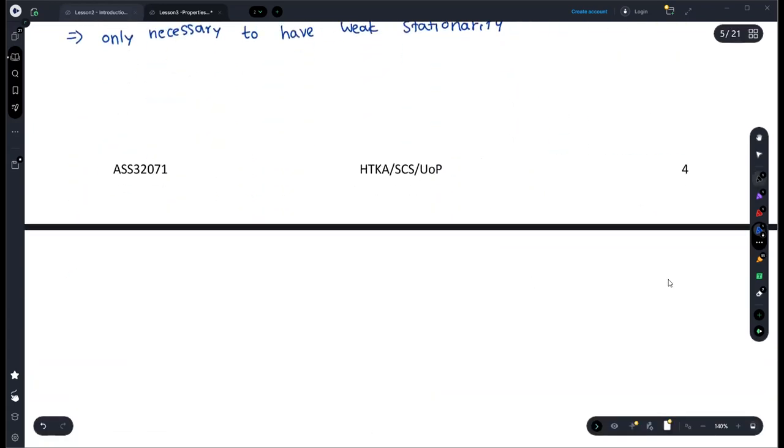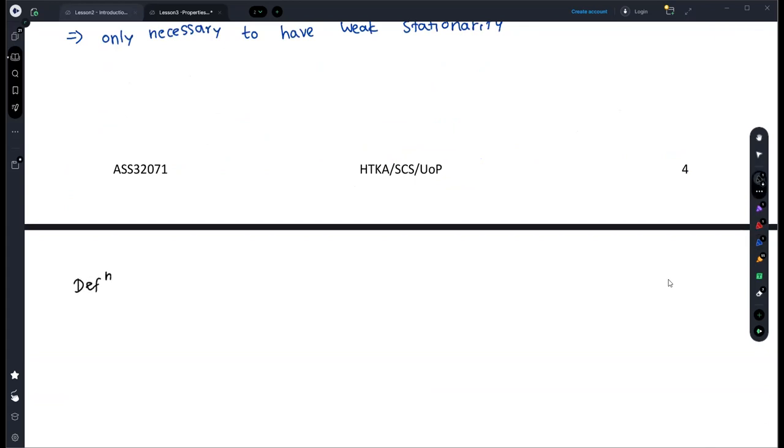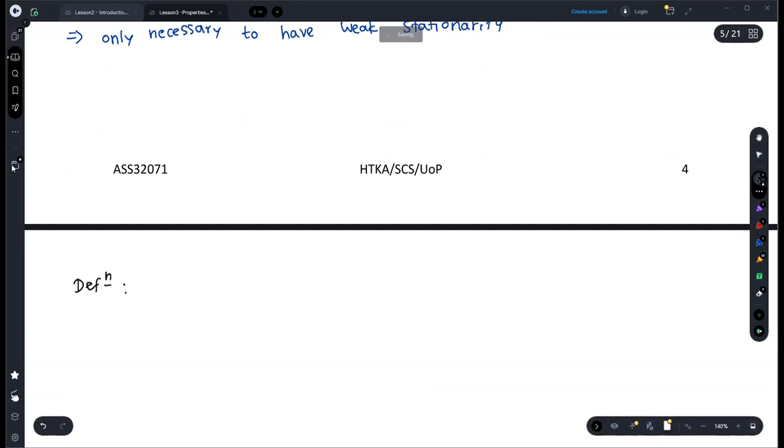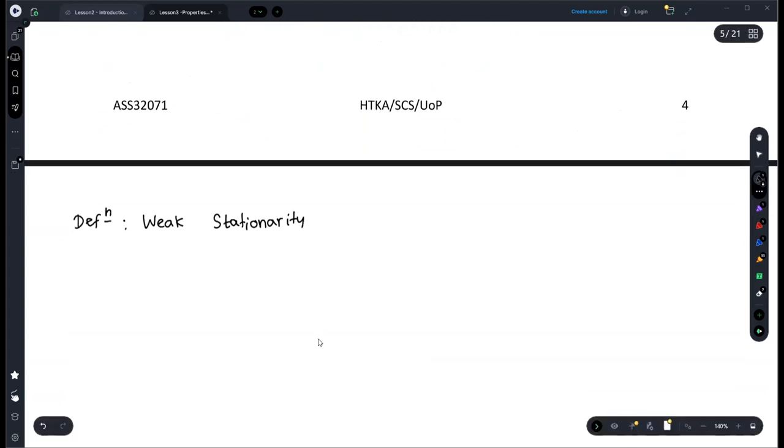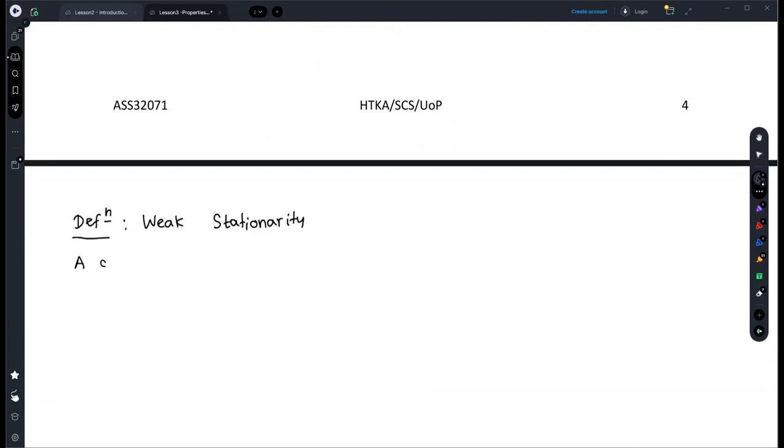So that means you have to look at the definition of weak stationarity. So we look at only 3 conditions, right? A stochastic process is weakly stationary if the first thing that you have to satisfy is expected value of xt is a constant